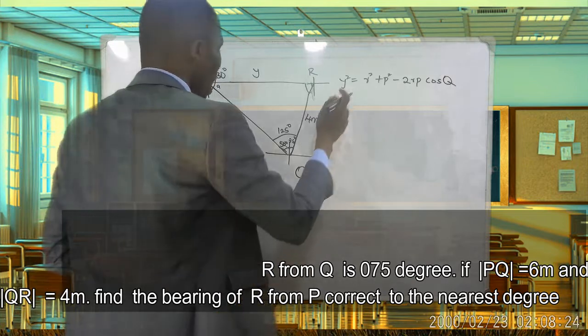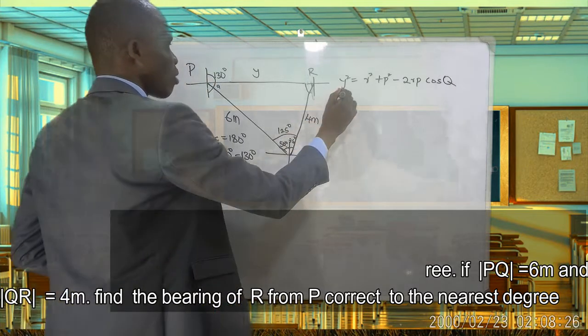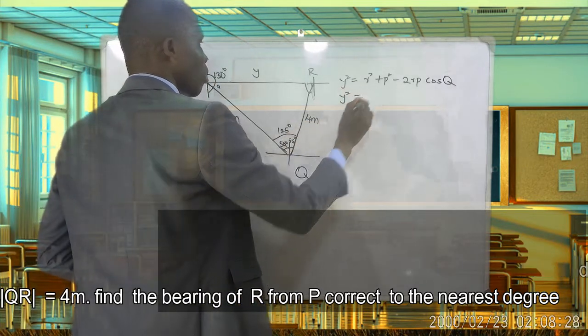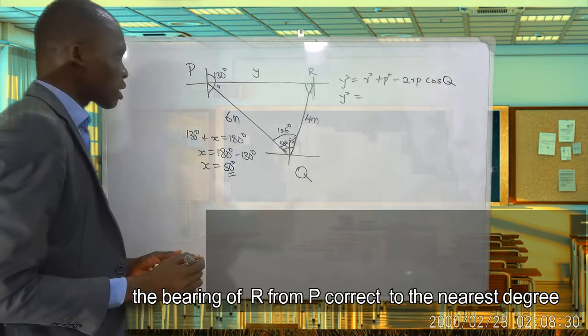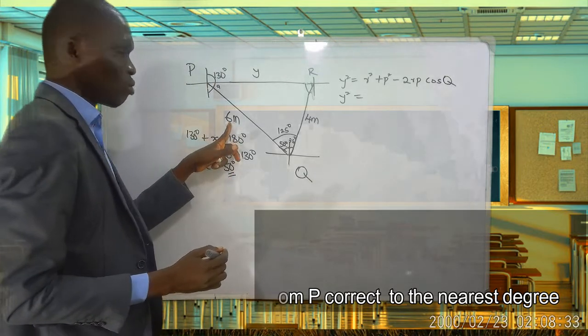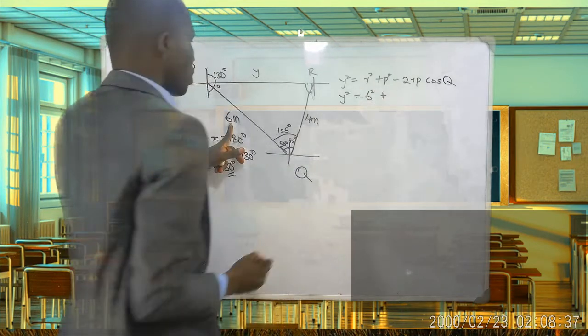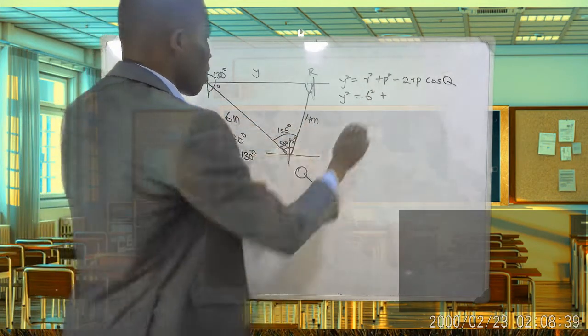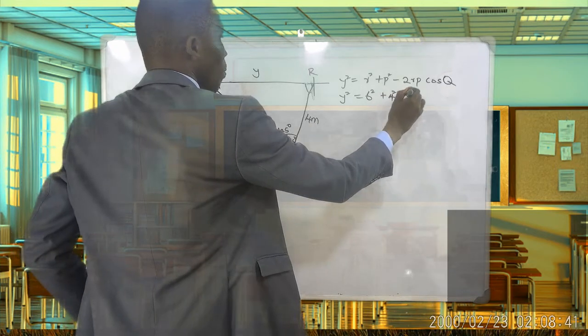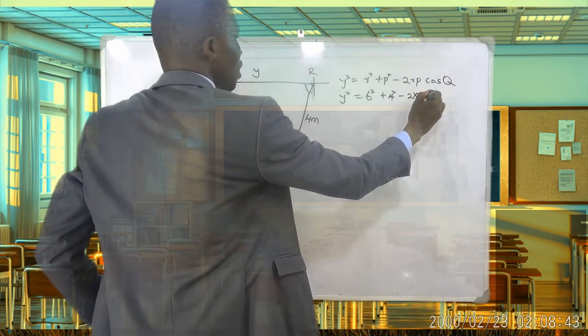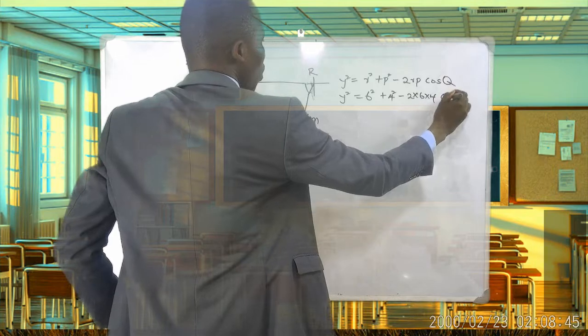Now Y is what we are looking for. Y squared equals r squared, which is small r, 6 squared, plus p squared, 4 squared, minus 2 times 6 times 4 cos